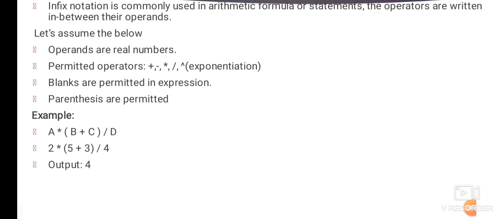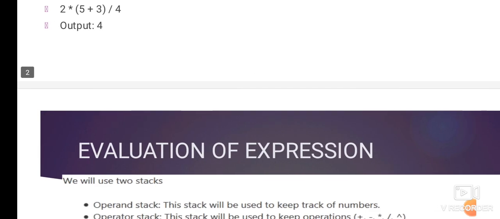So here is a simple example, a into b plus c divided by d. Here we can assign values to this expression. A is 2, b is 5, c is 3 and d is 4, right? So first we can add these two values, 5 plus 3, 8. So the expression is 2 into 8 divided by 4. Next we evaluate the division operation. So 8 divided by 4 means 2. So the next operation is 2 into 2, that is 4. The output is 4, right?